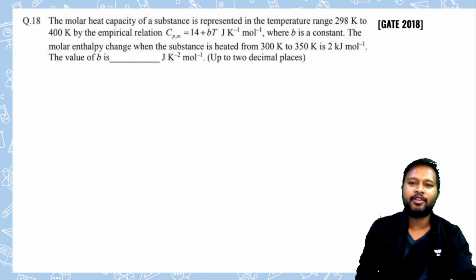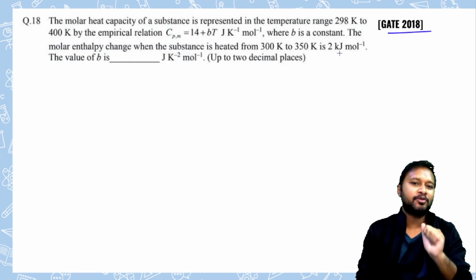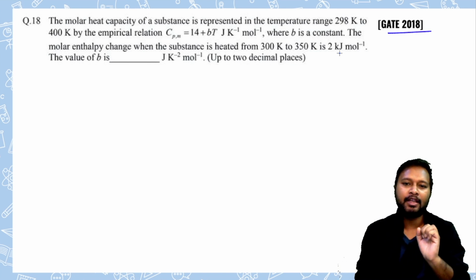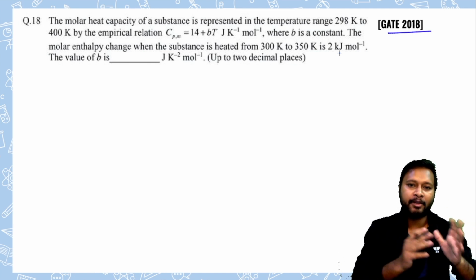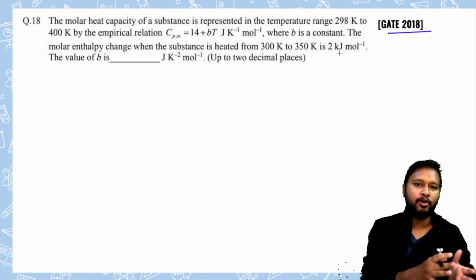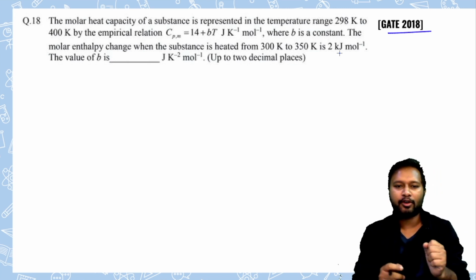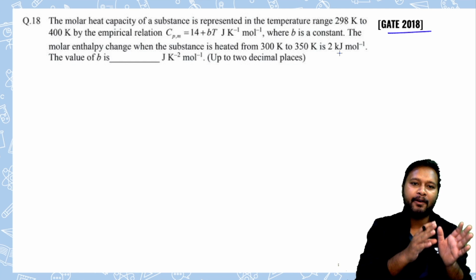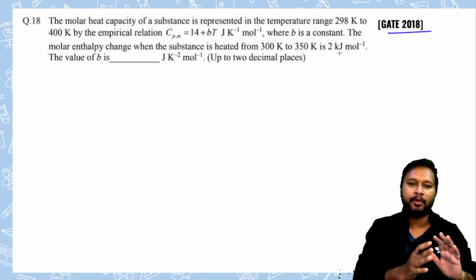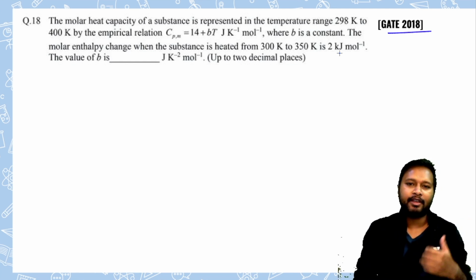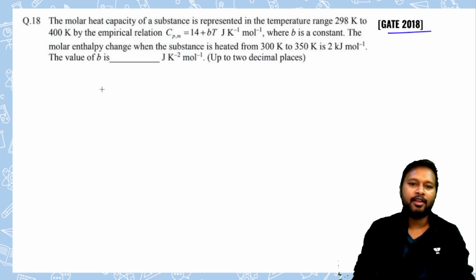All right, let's talk about this question which was asked in the GATE 2018 exam. Now I'll tell you two methods to solve this question. Both of them are pretty simple. One of the methods will be easier for a math student, the other one is easier for a bio student. So first of all, I'll go with the maths type of method, where integration and differentiation is involved. So let's try to do that.